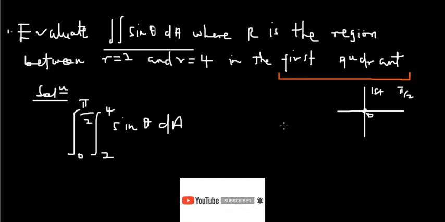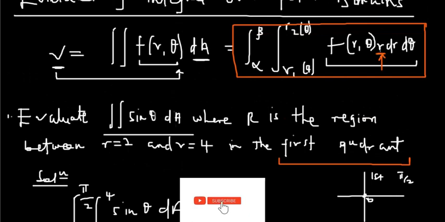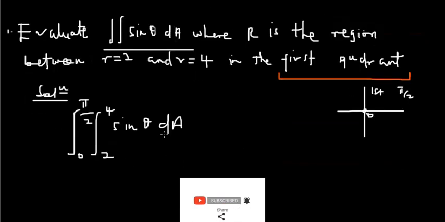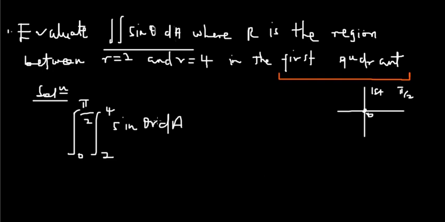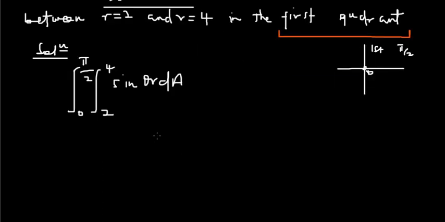Note that from here you got to know that I told you that this r is very, very important. So in order to make this expression complete, you introduce your r. So now you could solve this problem. From here you could further write this as, maybe, from 0 to pi on 2,